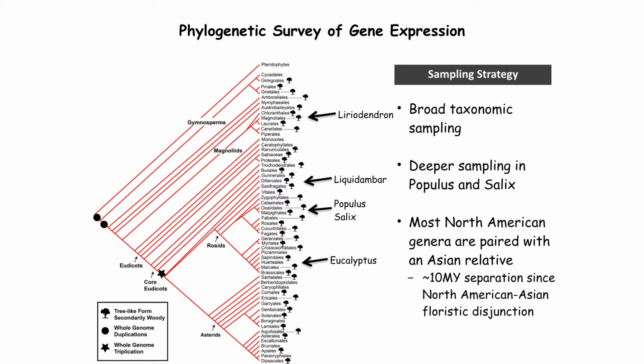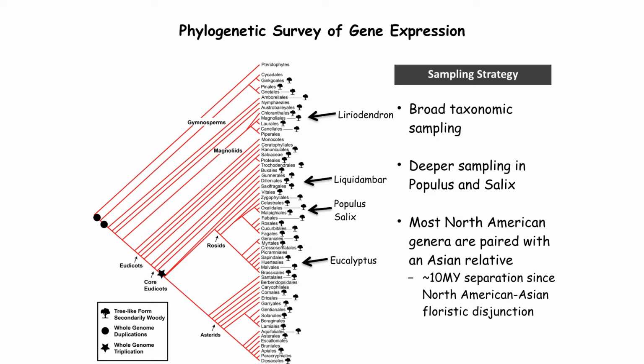So this is a phylogeny of the species that we surveyed. And the strategy here was to take a twofold strategy. One was to do broad taxonomic sampling. So we included Liriodendron species, so these are magnoliids, more basal angiosperms, as well as liquidambars or sweetgums, poplars, willows, and eucalyptus. So we did a deeper sampling in the poplars and willows, and overall, this allowed us to do comparisons at